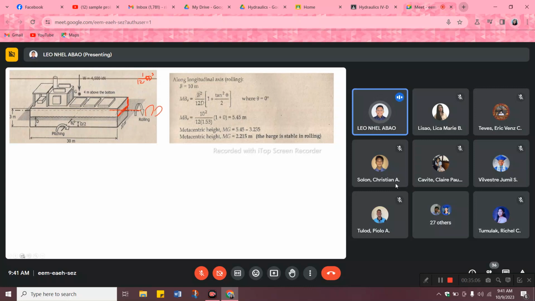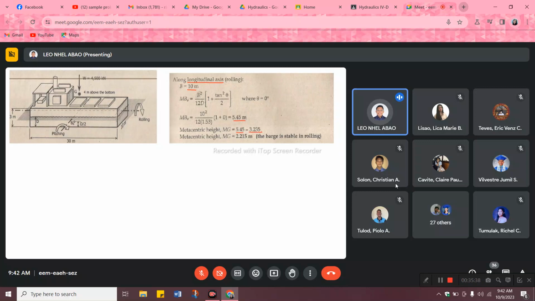Now same goes for the opposite. Sa diri na ka, sa pitching, kani man mutuyok man siya padung dire or dire. So kani nga di ang ato ang i-cube. Okay, so for this one, ari sa tasel longitudinal axis, ang p na to is 10 meters. We have p squared over 12d, kani siya, theta is 0. Makuha na to si MBO. Now to get the metacentric height, minus naman MBO minus GBO.